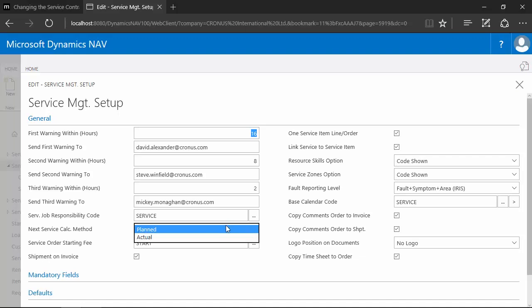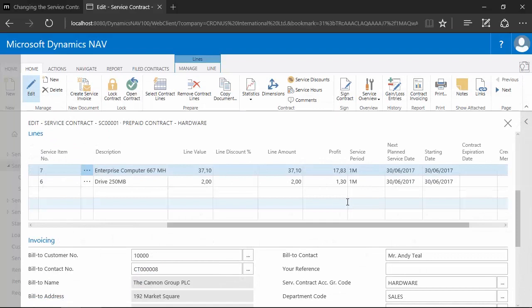And that is what is meant here with next service calculation method. The next planned service date in this case is based on a planned schedule, and it does not take into consideration the real service date of your service item. So this is the starting date for this service item, and then